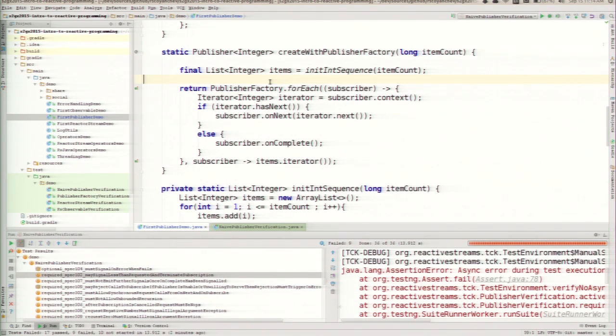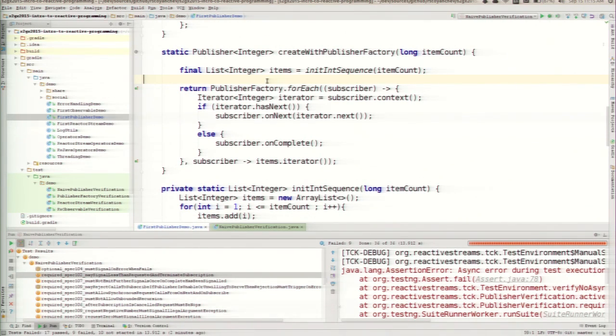So this is another way we're going to create a publisher, and this actually gives us a little bit of infrastructure. This is coming from the Reactor project that Stephane leads. As you can see here, instead of implementing Publisher from scratch, we're basically using a publisher factory, taking the subscriber as input and then simply producing items, and that's going to take care for us of